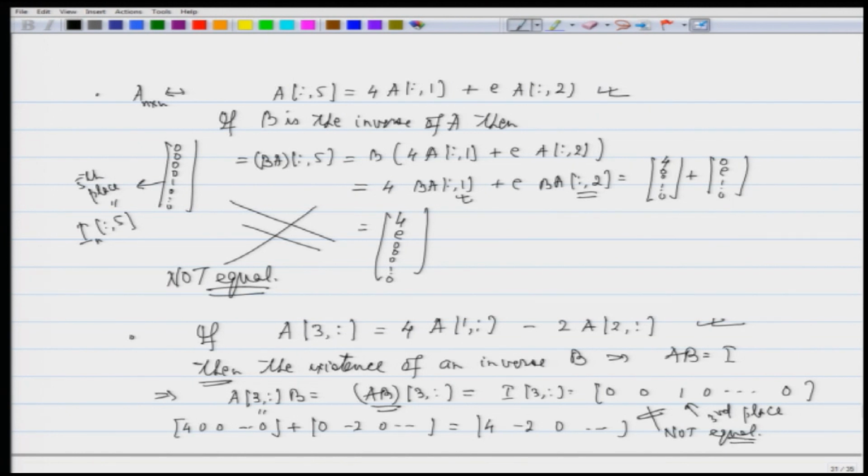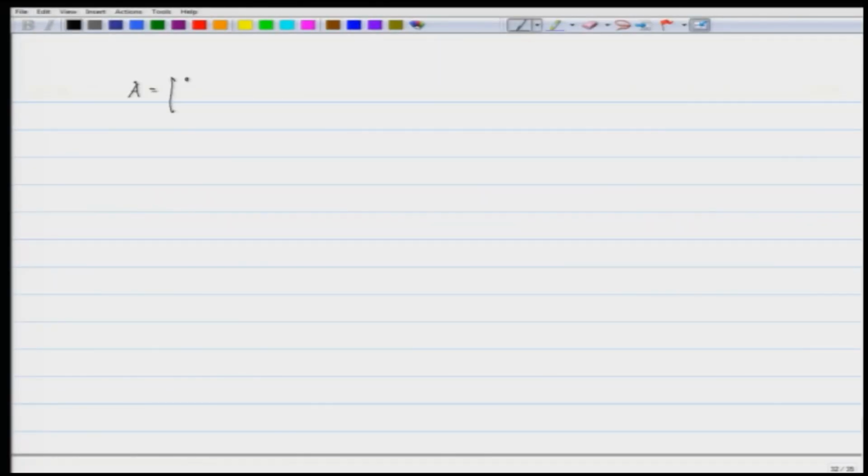All right. So what we are arriving at here is that whenever matrix A has the property that I am able to write a row in terms of other rows, then that matrix cannot be invertible. Similarly, if I am able to write a column of a matrix in terms of some other columns, I again have an issue. I will finish by giving you an example of a matrix which is invertible. So let me write the matrix 2 1 1 2. This matrix is invertible,